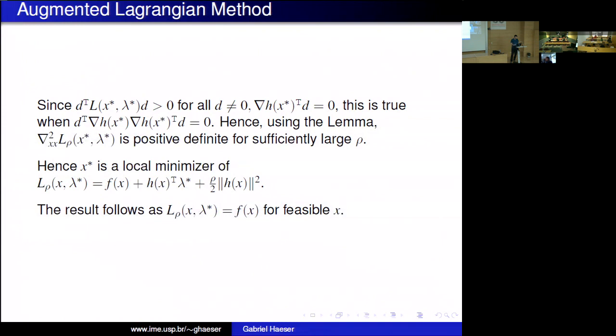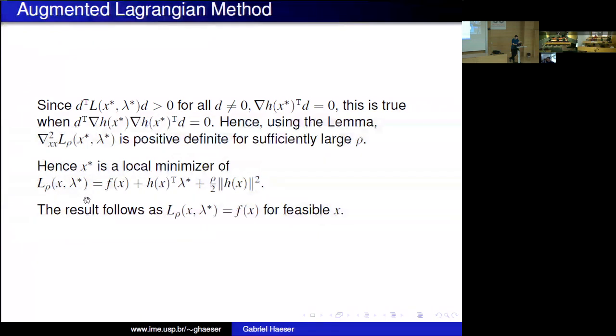Okay, so we have what we wanted to prove. x star is a local minimizer of the augmented Lagrangian function if I know the correct vector of Lagrangian multipliers. This is the form of the augmented Lagrangian function. So this is saying that